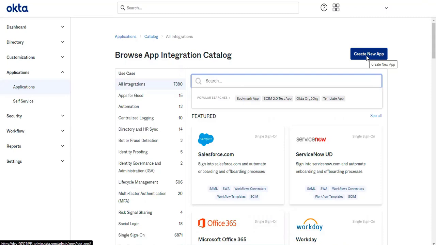Mostly fewer restrictions, high features, but those restrictions may come for sure whenever you are working on it. So, based on your requirement, you can switch to either a custom app or to the catalog app or catalog template app. That is available. It's completely from the admin's perspective.